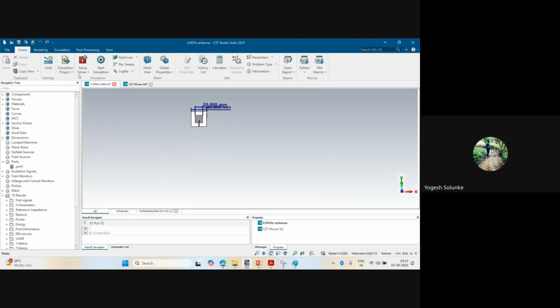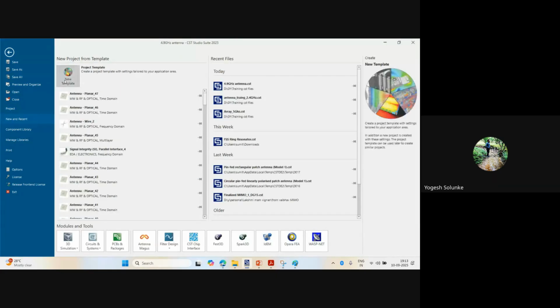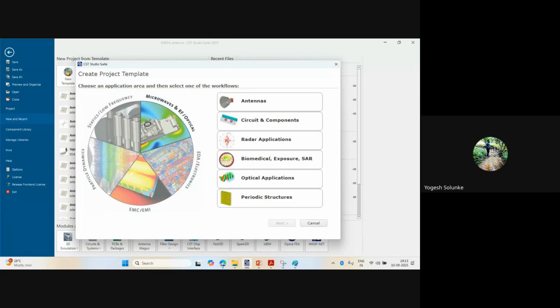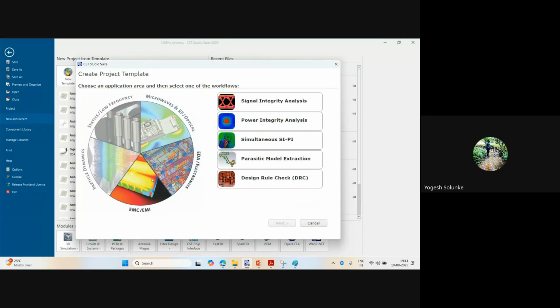And some of you are working in graphene, which is equivalent to what other countries are working on in the terahertz frequency range. Going ahead, I would like to introduce this, the studio suite. As I'm saying, CST is very wide software for electromagnetic analysis. It is not limited to antennas or circuits. You can do radar, biomedicals and all. These periodic structures will come for your FSS and all. Those who are working on EMI, EMC, PCBs, and multiple casing units,